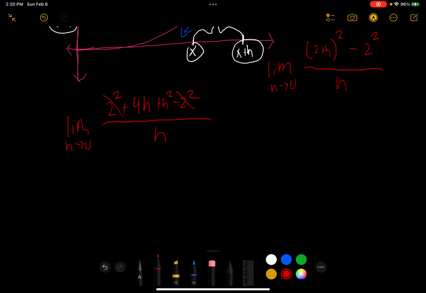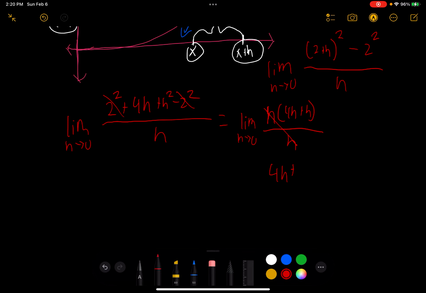So instead, we can adjust this down to the limit as h approaches 0. And hey, we can pull out an h here. So instead of 4h plus h squared, we can make it h times (4 plus h), over h. Those will cancel out. Now we can plug in 0 for h, meaning that